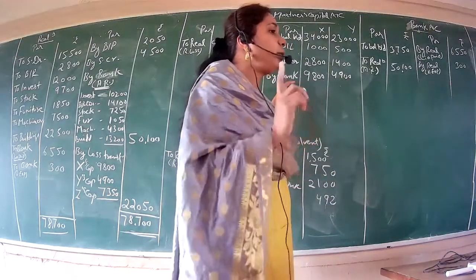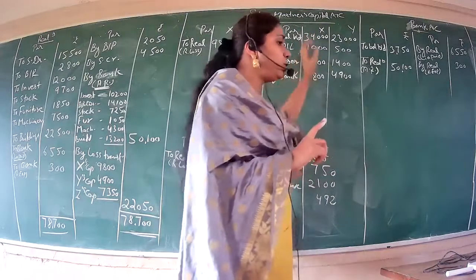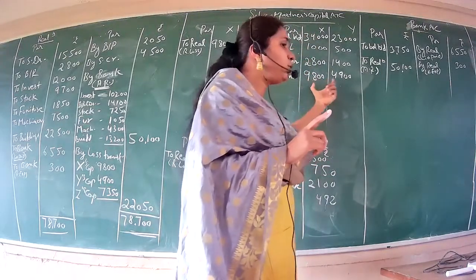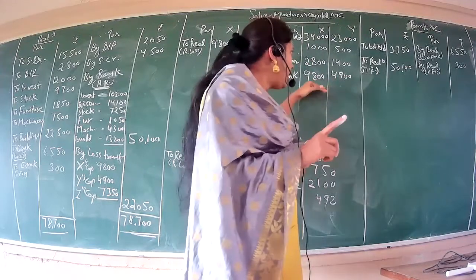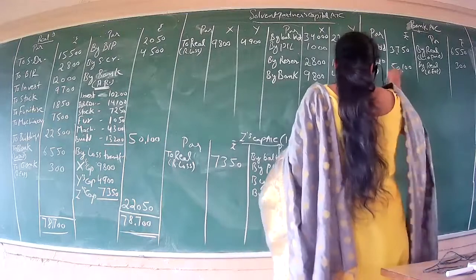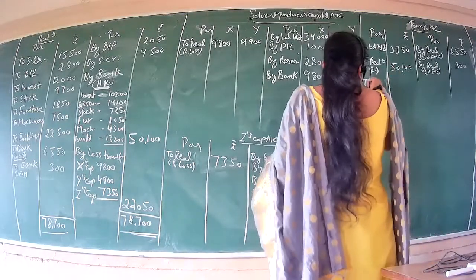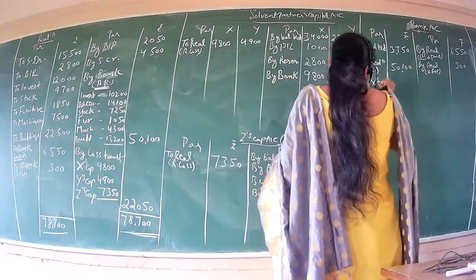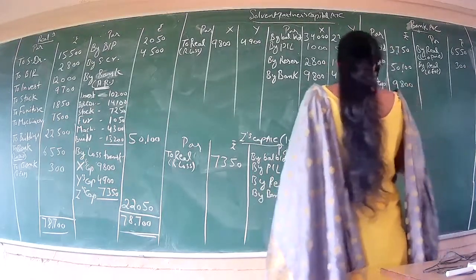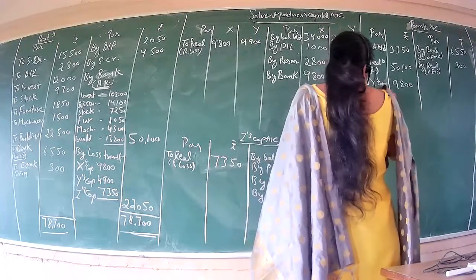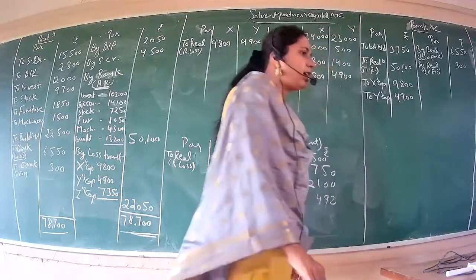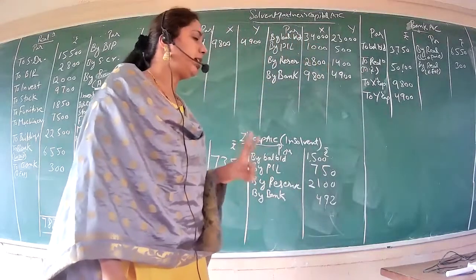Solvent partners are getting the cash into the firm. So for that your credit entry is here and the respective counter entry you have to do in your bank account. To X's capital account, how much has he got? 9,800. And to Y's capital account, how much has he got? 4,900. So two transactions are happening here.